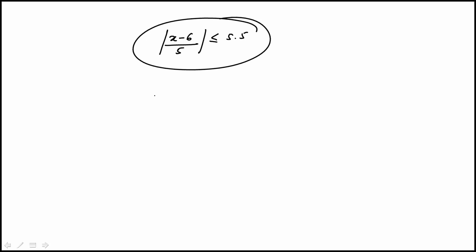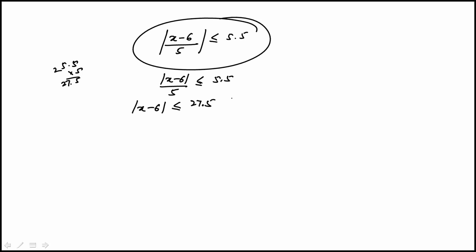Sometimes reading these questions can be confusing, the least and greatest non-negative real number solutions. So I'll start by first rewriting this absolute value equation. I can take out the 5 in the denominator, and then I can multiply both sides by 5. That's a positive, so it doesn't change the sense of the inequality. So 5.5 times 5,